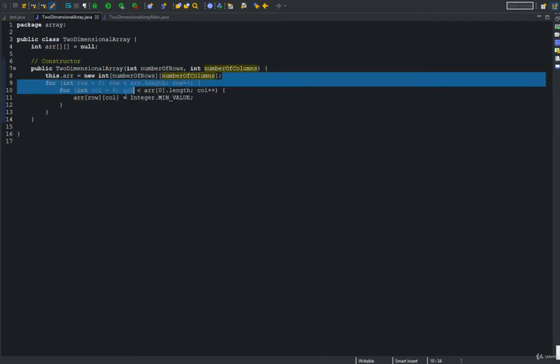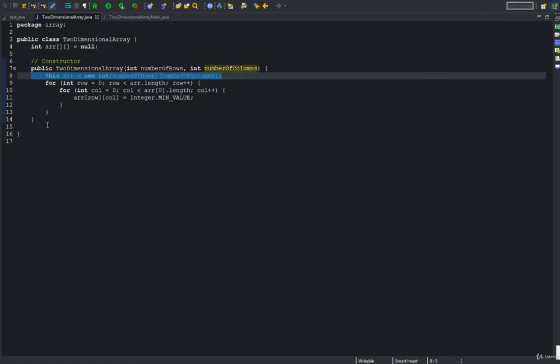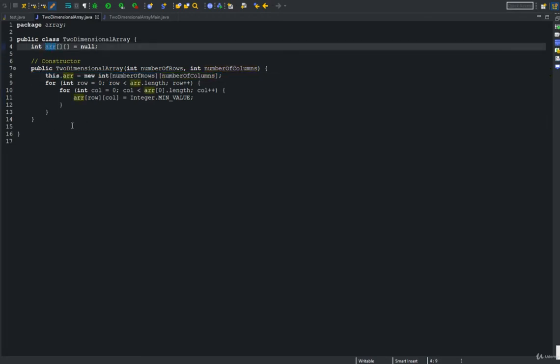So till the end of this line, we have created a blank array of rows and columns as given by the user and assigned the reference of that array to arr.